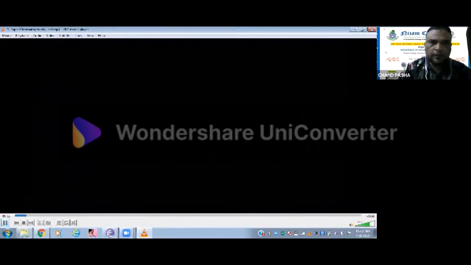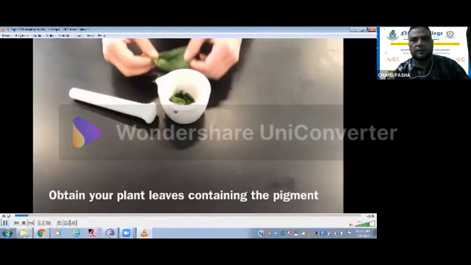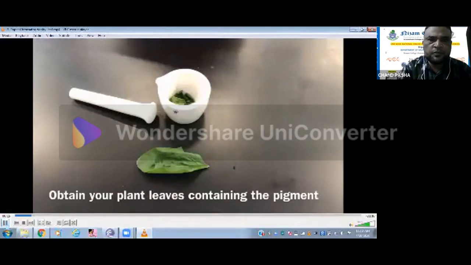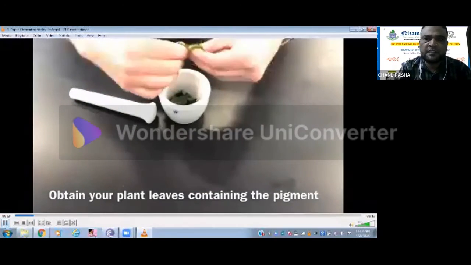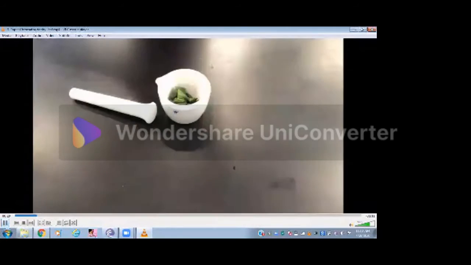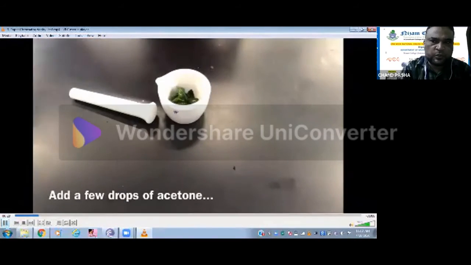The basic thing you may have learned during your childhood is the separation of plant pigments. We will do that, because I want botany and zoology people also to be involved in this process. So let's see how to do it. Basically, we need to take leaves for separation of pigments. You need to cut these leaves into small pieces and add a little bit of acetone, because